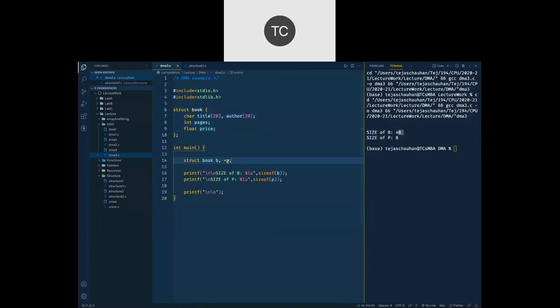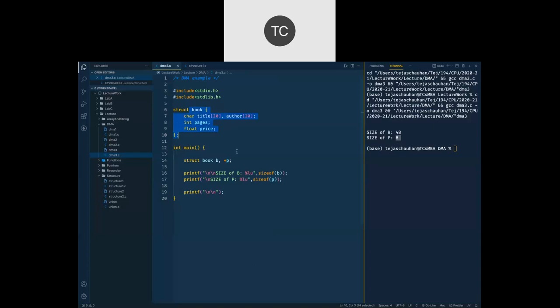But if you declare a pointer variable, then this pointer variable only needs the address. Only needs the address. And these 8 bytes have been allocated for variable P, which is a pointer variable. So we do not have enough space to store the structure data.